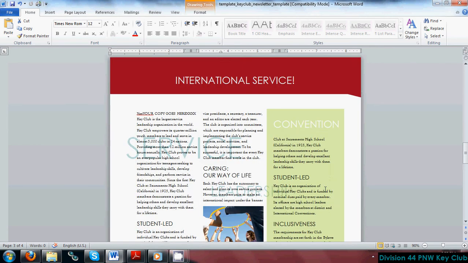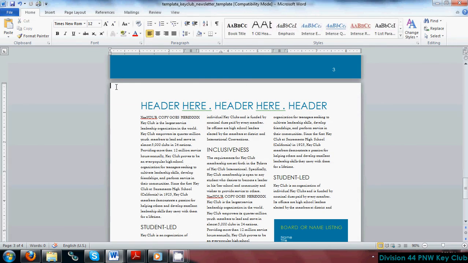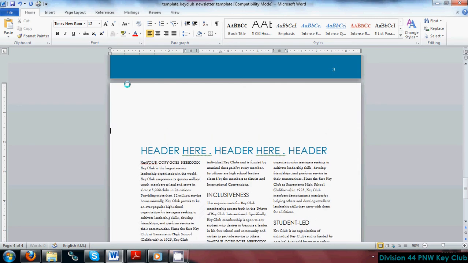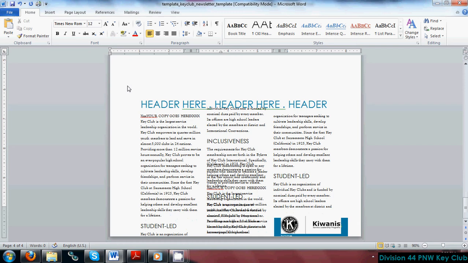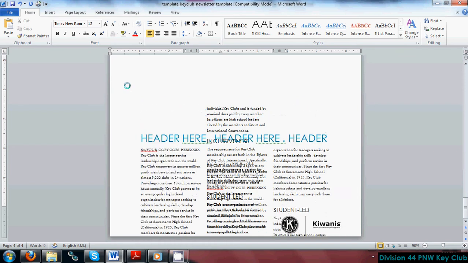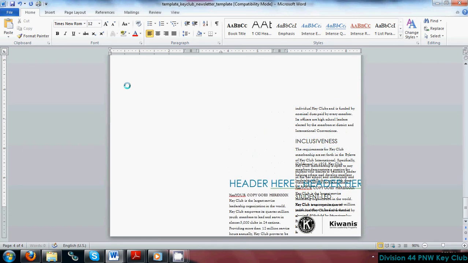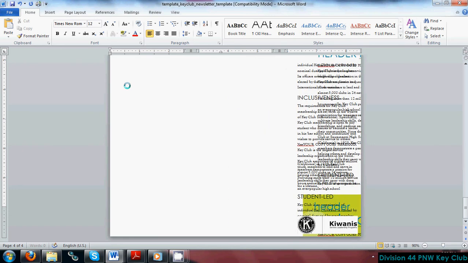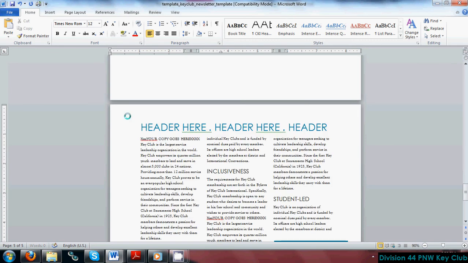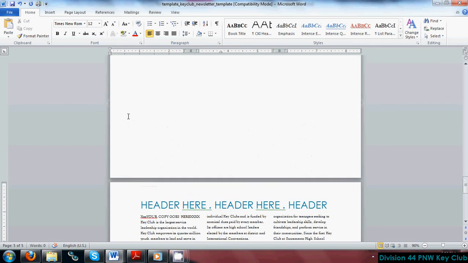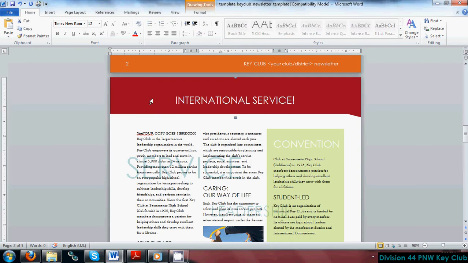To add a new page is kind of difficult. So what you're going to have to do is click at the very top and just keep hitting enter, moving everything down, and eventually it'll all cram at the bottom. But since there are 3 columns, it's going to make you do it 3 times, and eventually it'll all go to the next page. Then make sure you're at the very top of the page. So now you've got a clear page here where you can either copy and paste everything, or just this up here,